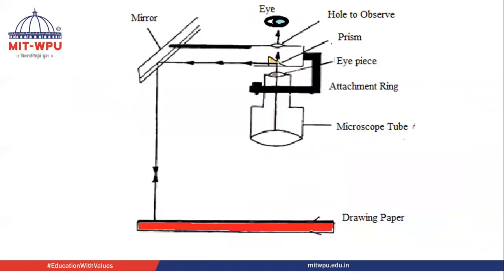So how does this camera lucida work? I am going to keep a slide on the stage. So the rays will pass here and come to this prism. The prism will horizontally reflect it. So some rays will come to the camera lucida and we can see it, and horizontally it will get reflected, fall on this mirror, and then fall on the ground. Similarly, it will get reflected and we can see it through this prism. So the mirror image will be superimposed, or we can say two things we can see simultaneously.